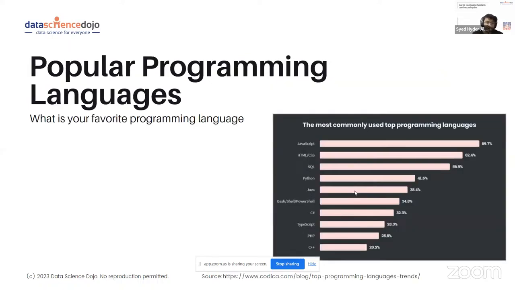Those of us in computer science or who have started learning data science use different languages for different parts: if it is developing apps, then JavaScript and CSS, and for the backend, Python. But currently, when we create an application, another language has become very important, and that is actually English.